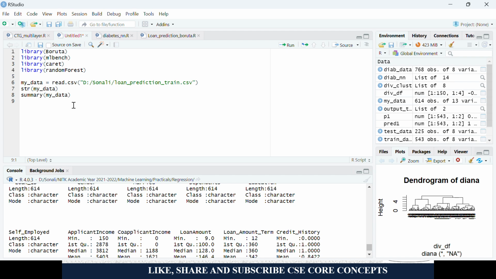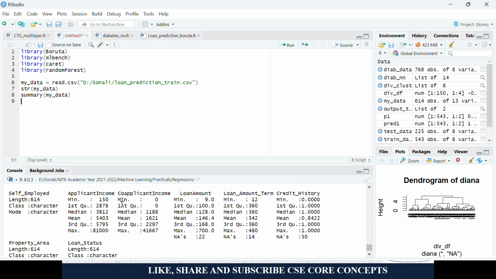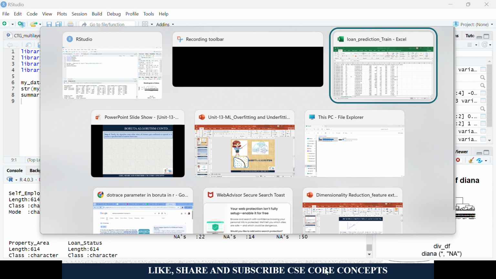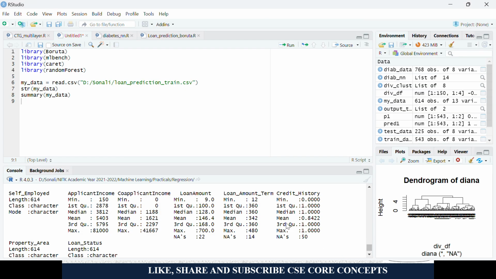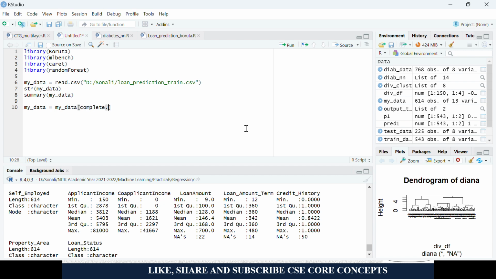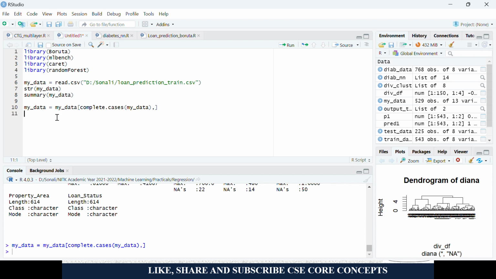And let's say we can see here, if you see in that data, there are many blank spaces, right? So that is not applicable, so we have to remove this, because it will confuse your model. So in case you are getting such type of problems, you have to use complete cases on mydata. Okay, so now if you view your data,